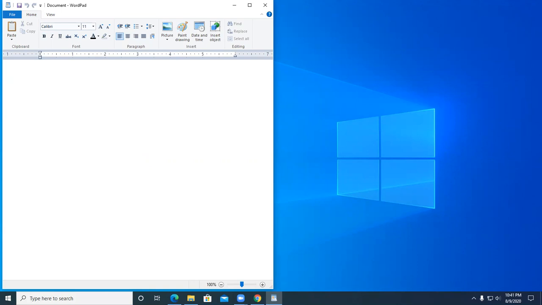So it says start WordPad and pin it to the taskbar. So the way you pin it, I'm going to right mouse click on the icon that's on the taskbar, and then click on Pin to Taskbar. Okay. Now,